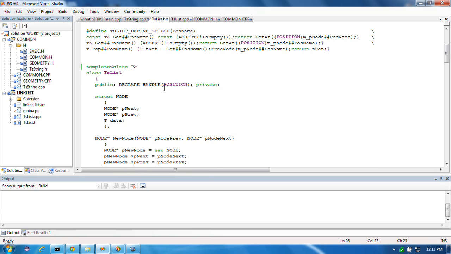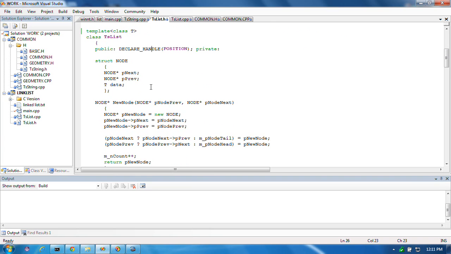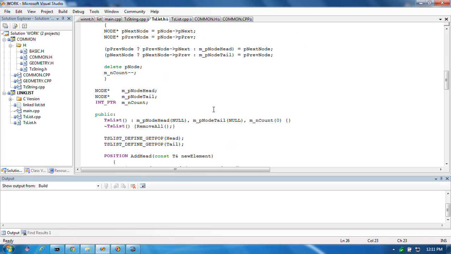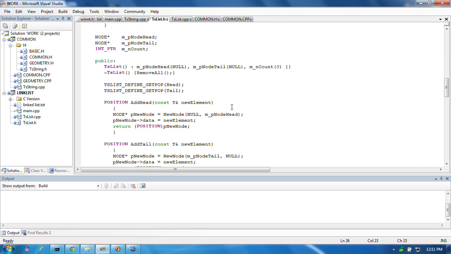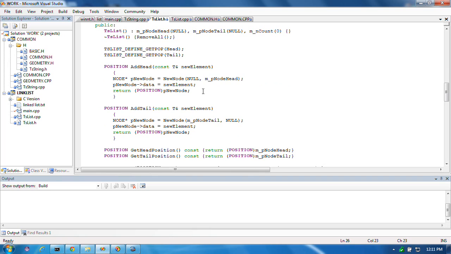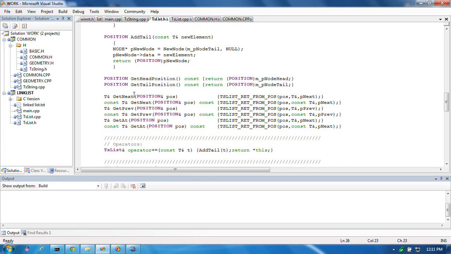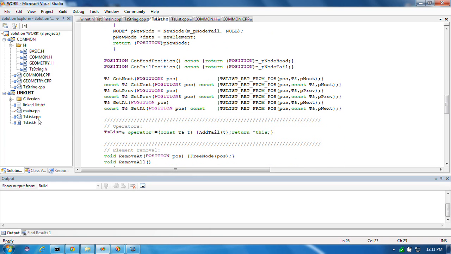It's just what they call a handle, and I call it position, same as their position, and somewhere or other I may have turned it into a number. Here we go. Here, just like they did, I'm casting things to position types, which are void pointers basically. Now to use the thing,